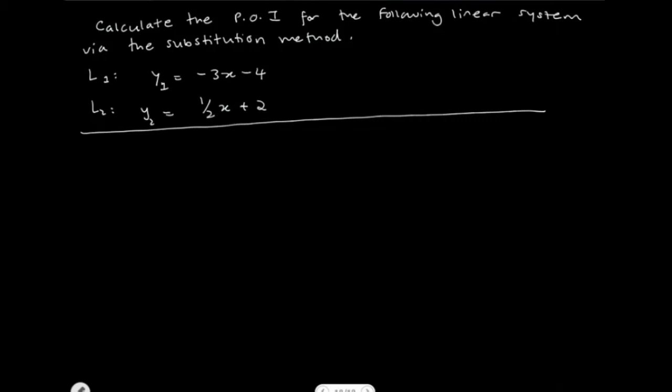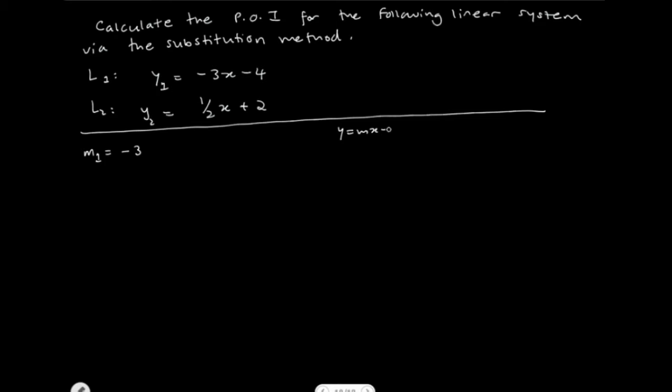All right, let's calculate the point of intersection for the following linear system via the substitution method. So here we have two lines in our system, right? We have line 1 and line 2. Before I calculate the point of intersection, I just want to verify that these two lines in fact do intersect, right? So the slope of line 1 is equal to negative 3,